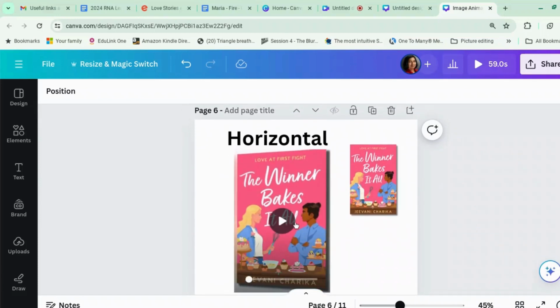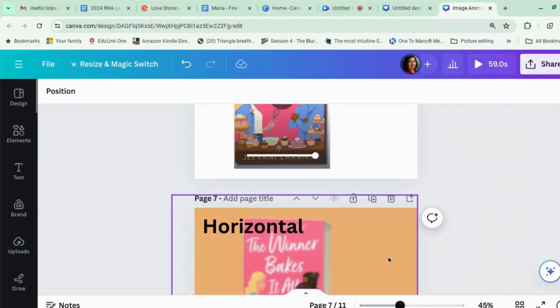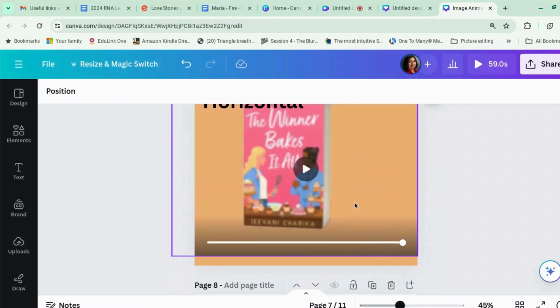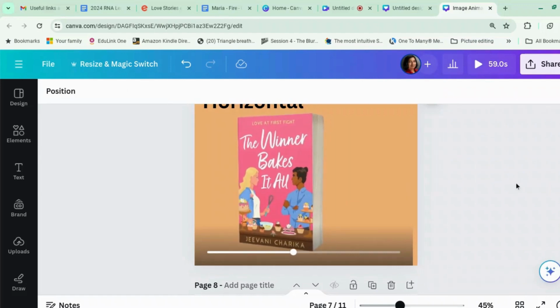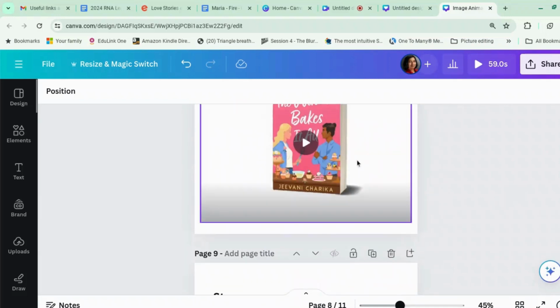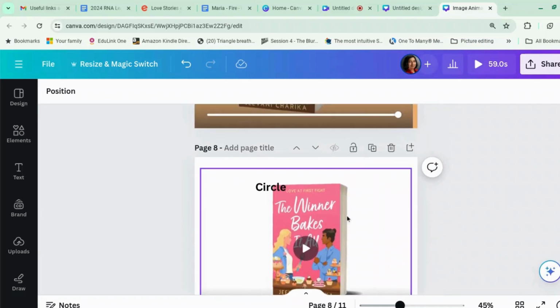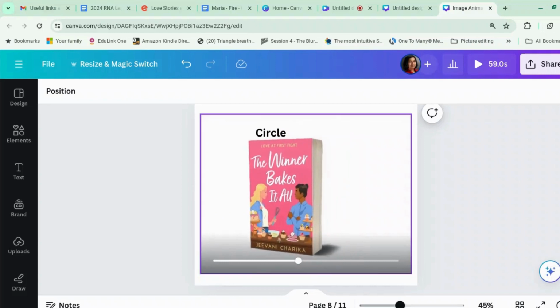If you do horizontal on a 2D image, it kind of twizzles around like this, which is okay. This is my favorite one. If you do horizontal on a 3D image, it does that. Isn't that cool? Circle, everything seems to work much better on 3D images. It was designed to be used on products, so solid 3D objects, which is probably why it works better on the 3D image. Circle, where it goes round,